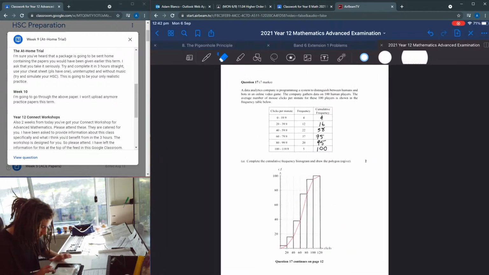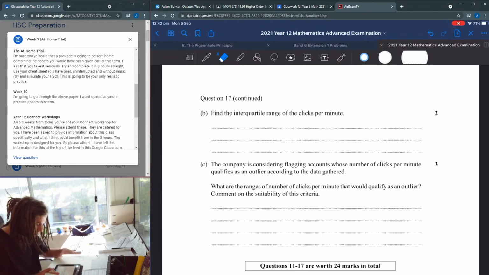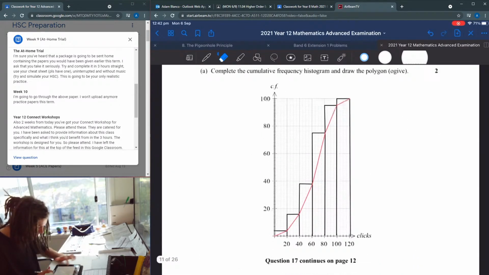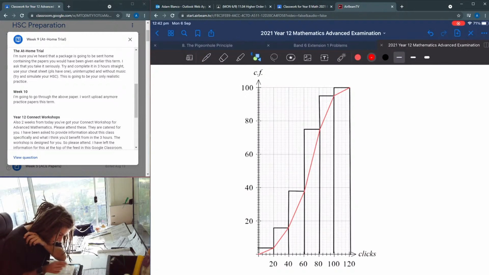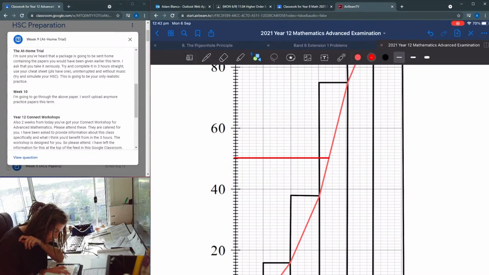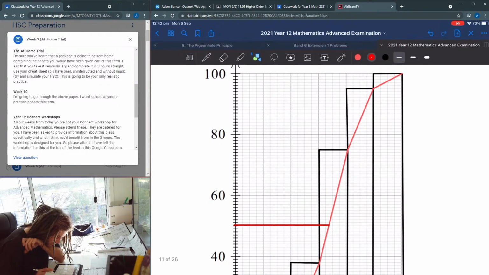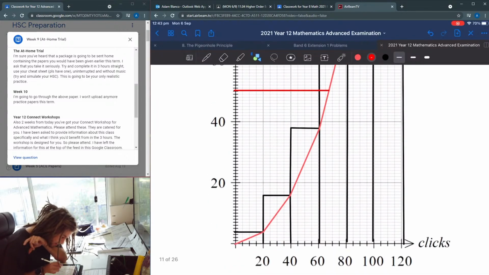Now it wants to find the interquartile range. So that means I need to find my median and the median of medians. So my median is going to be where 50 is. So I look for 50. That's, god damn it. Let's just eyeball halfway and call that the median. Now 75 is going to give me Q3. We found 75 before. That was just this. And then 25 is going to give me